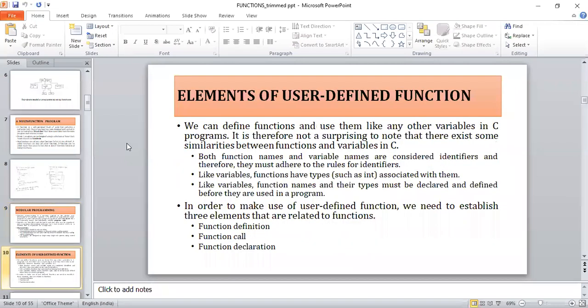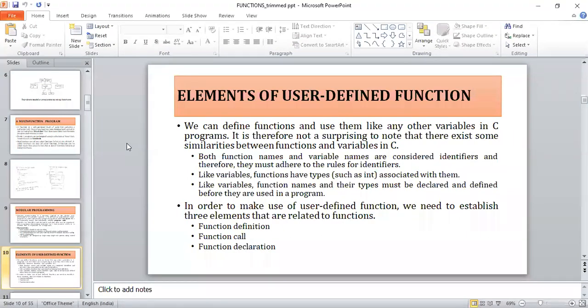The next very important concept is the elements of a user-defined function. Basically, the name of a function can be declared and used in the same way as ordinary variables, or we can consider those function names as identifiers, and the rules to be followed while using identifiers have to be followed for functions also.